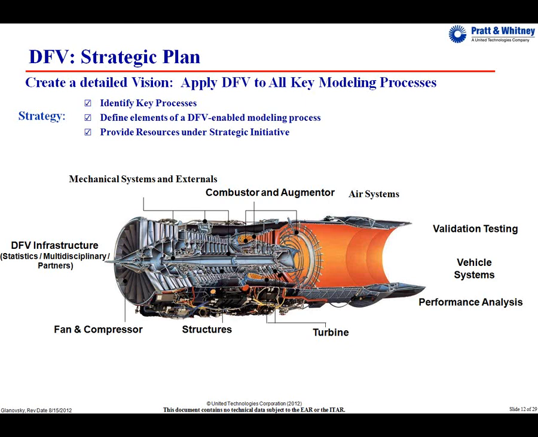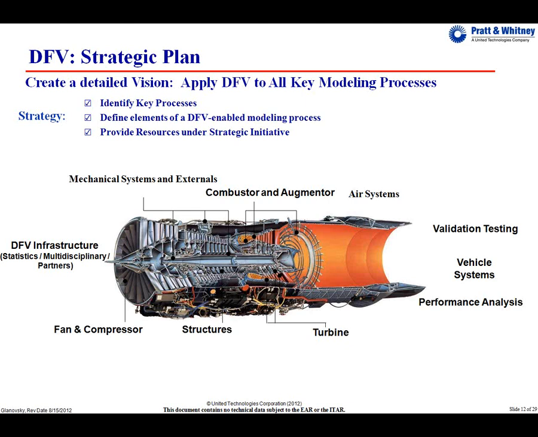We had limited funding, and we wanted to make sure that everybody got the word out equally. So we picked one project in each area, one key project. We chose a model that was frequently used, and if possible, one that had caused us a lot of pain in the past, and made that our first go in that area of engineering. This way, everybody got to see something related to the area they worked in. And hopefully, because we were targeting the most important processes and the ones that caused the most pain, we would be showing them our best example of what DFV could do for them.